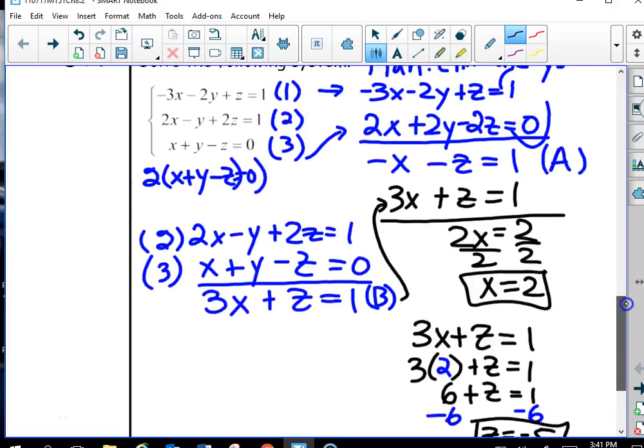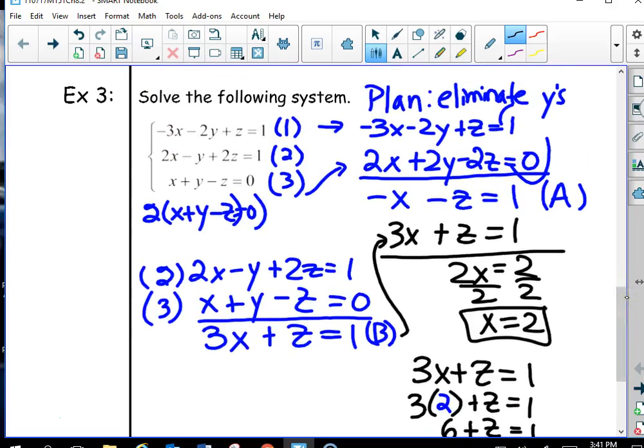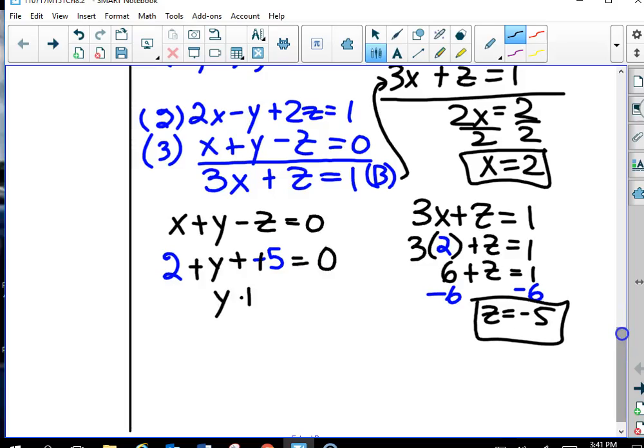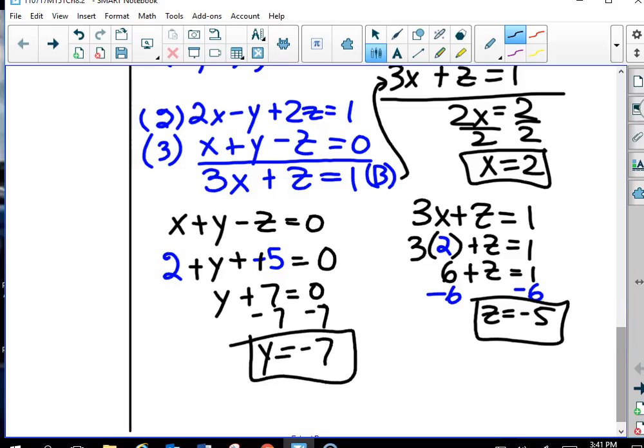And now I'm going to look at my three original equations and figure out which one looks the easiest. That's equation 3, x plus y minus z equals 0. And I'll plug in the two numbers I have. x is 2 and z is negative 5. So 2 plus y minus negative 5 equals 0. So 5 plus 2 is 7. Looks like y is equal to negative 7. So we've got my three answers,